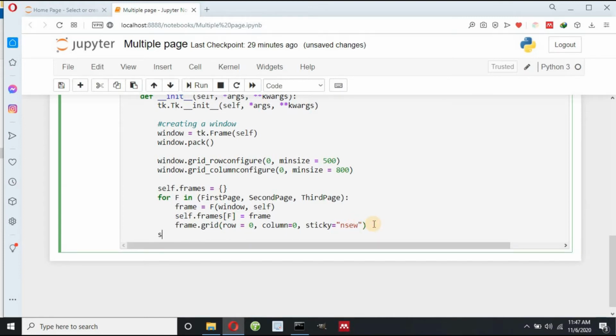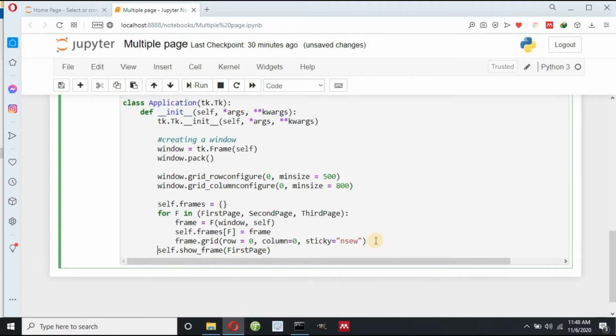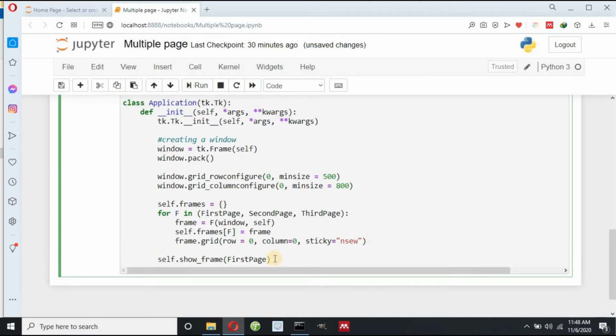Finally I can pass this page, first page, to my function. First of all, let me complete this code. When I execute this cell, obviously it will display first page, so I need to pass first page in this function show frame. But we haven't defined this function yet, so let me define this show frame function.